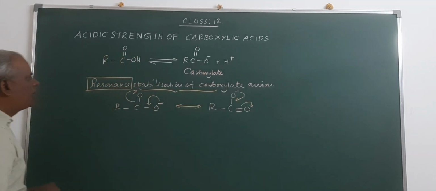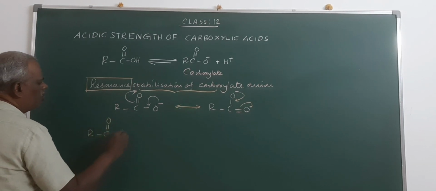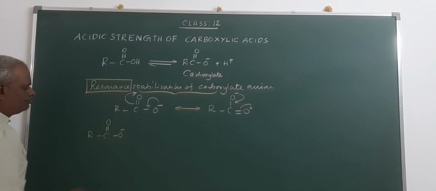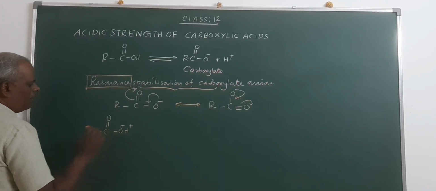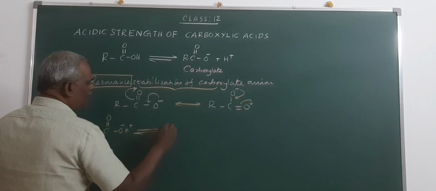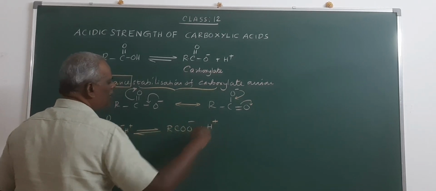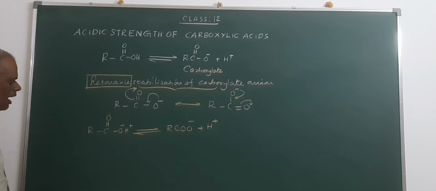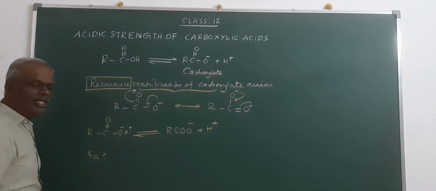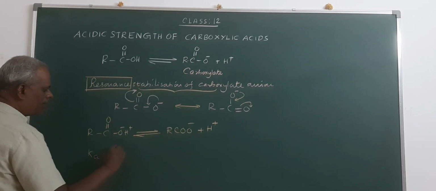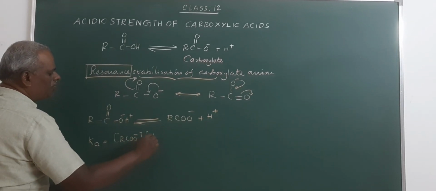This is the way. The carboxylic acid RCOOH dissociates to form RCOO minus and H plus. The dissociation constant Ka is equal to the product of RCOO minus and H plus,